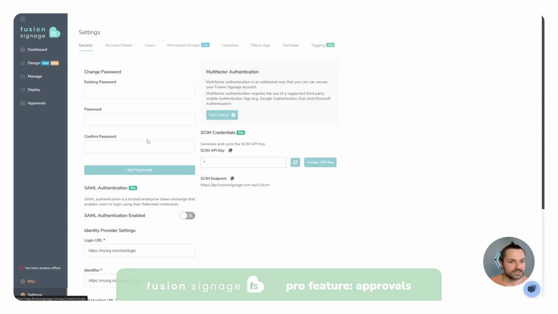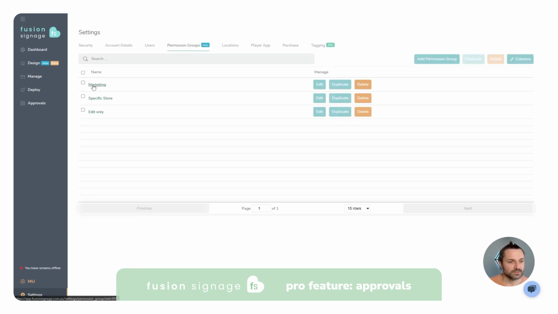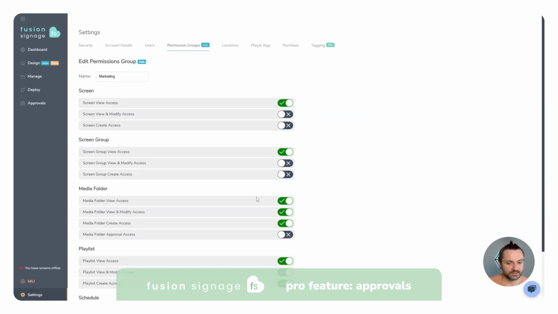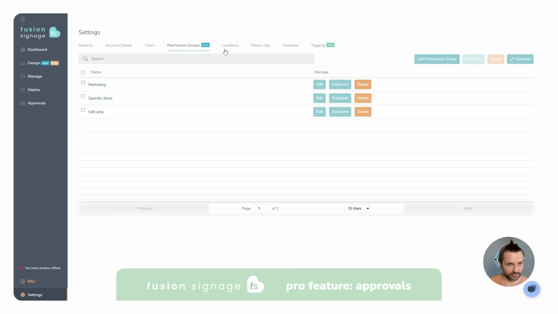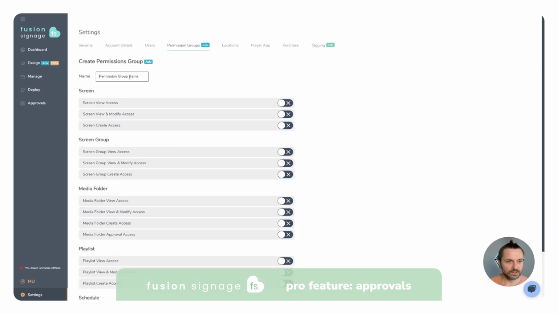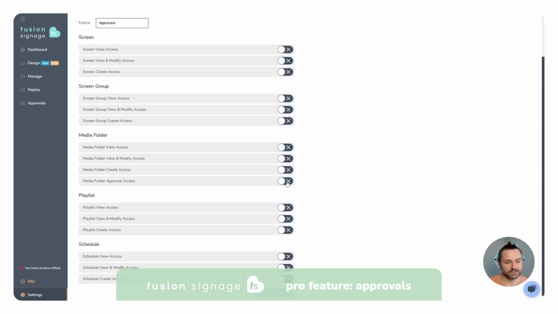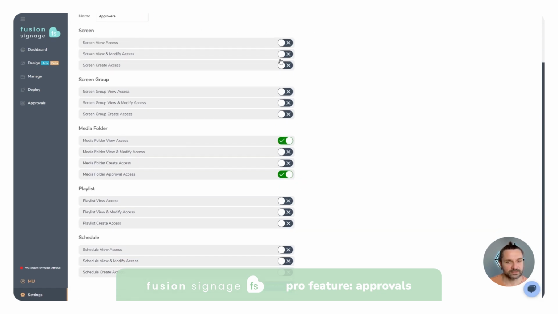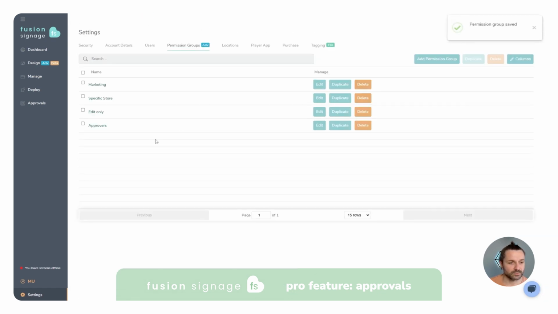Well, under the permission system, under settings and permission groups, we do need the ability to have a marketing group or some other approver status. We create a new one, for example, called approvers. We would come in and say, have media approver status, and you can set any other permissions that they also require. When you add users to this group, they will then receive an email notification when new content is set to be approved,